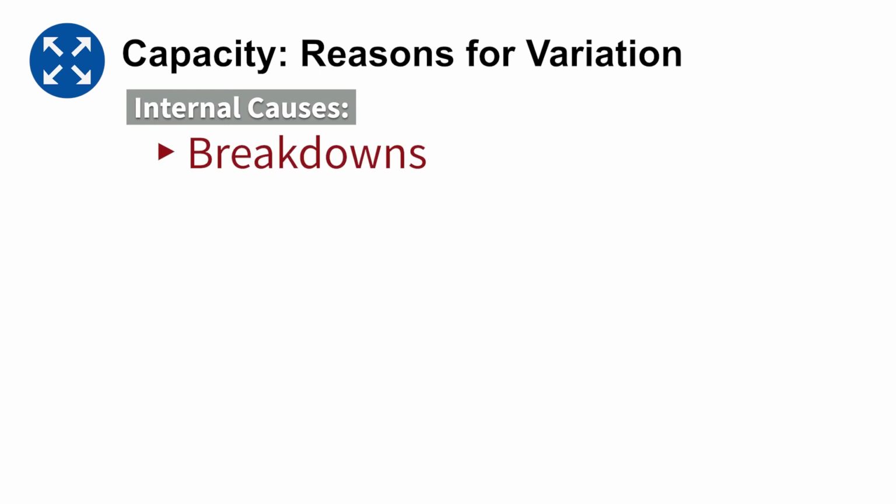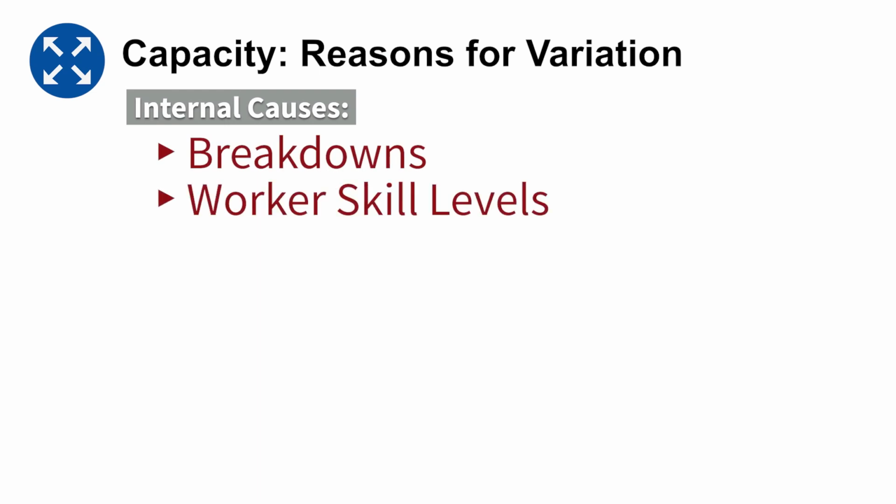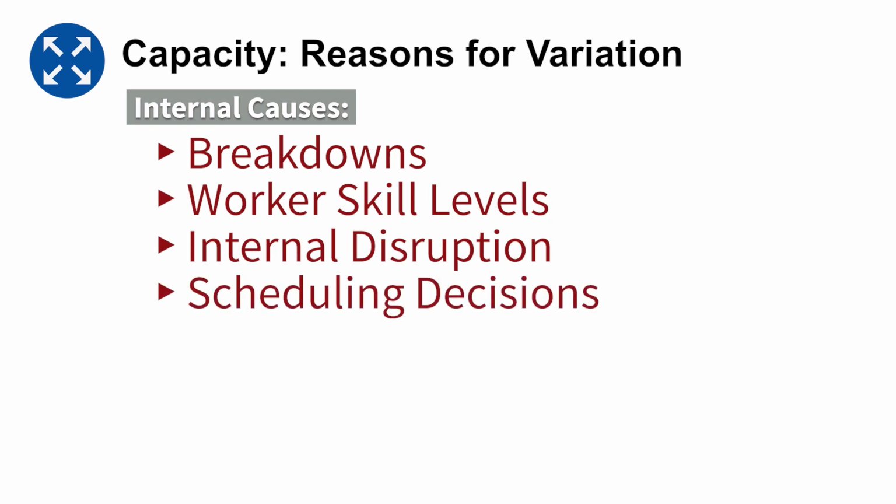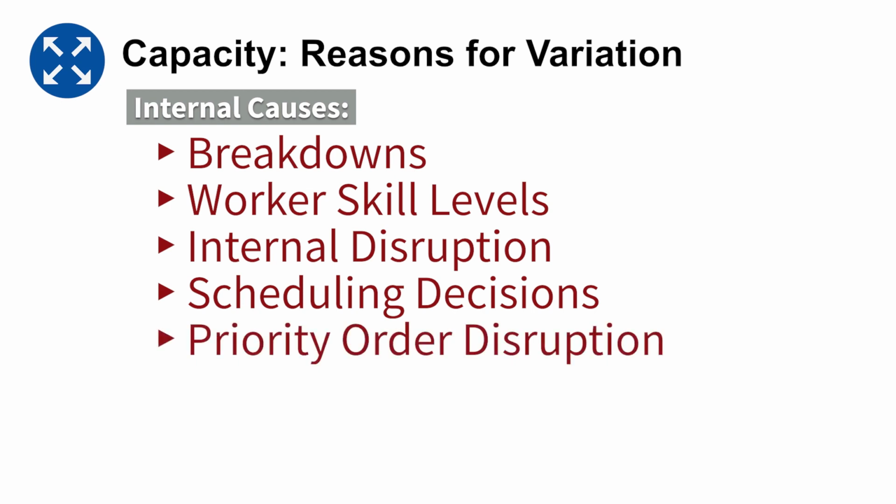Breakdowns and maintenance, variation in the work skill level and efficiency, internal disruptions such as if the divisional manager wants to come and visit causing a big tiswas. How we run our schedule can affect our capacity. Perhaps doing certain activities or certain production runs next to each other is more efficient. Then we can get thrown off with expediting priority orders which disrupts everything else.